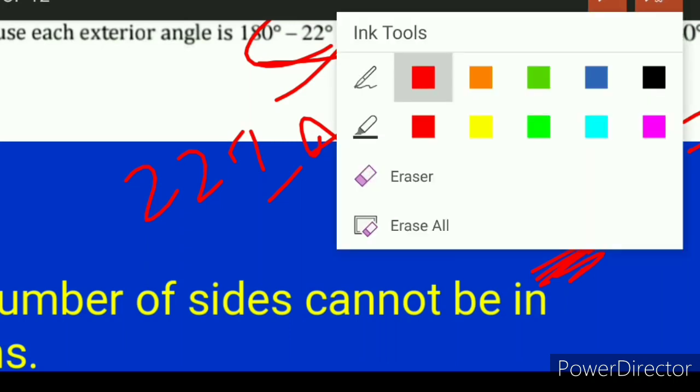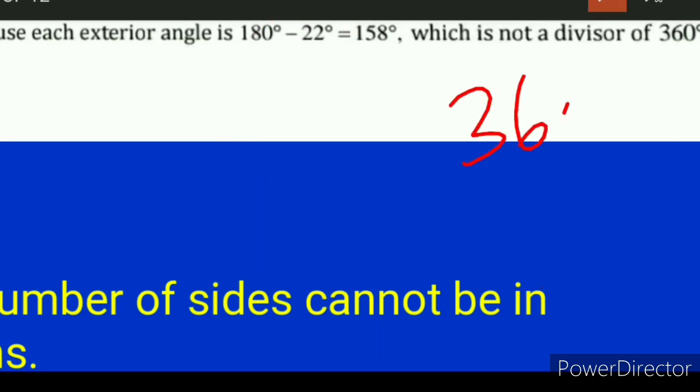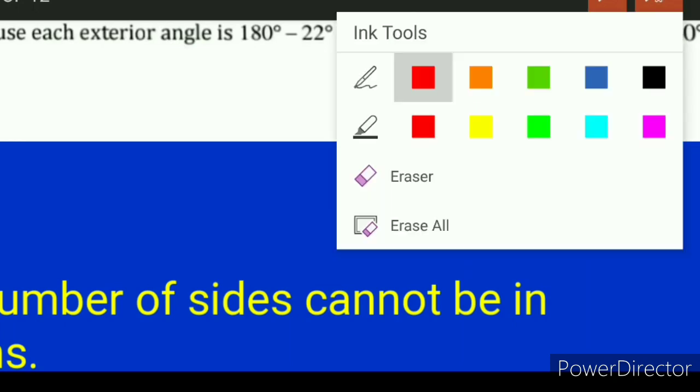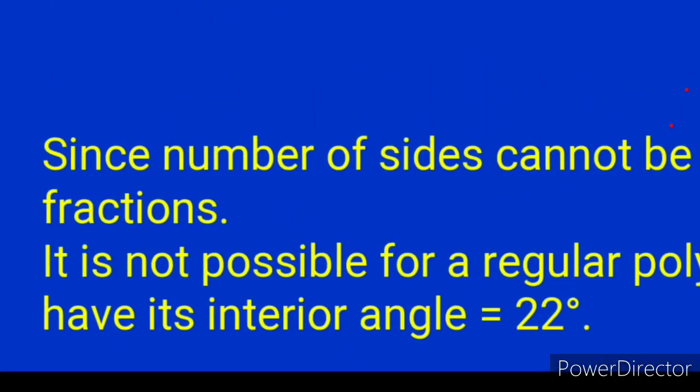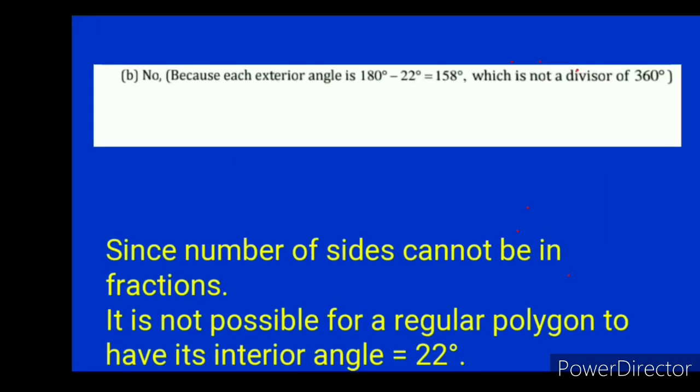Understand? To divide 360 by any number, that should be an exterior angle. An interior angle you should not directly substitute in the denominator. Keep in mind, if they give the interior angle, you subtract it from 180 and use that. If they directly give the exterior angle, no problem, you can directly substitute it in the denominator. That is the difference between A and B.